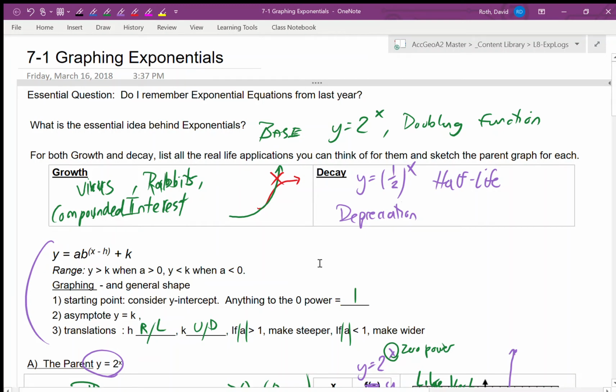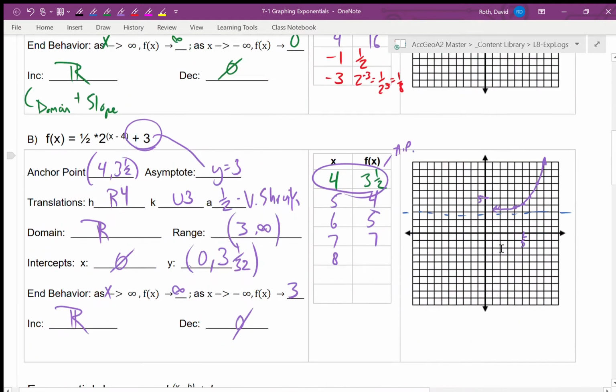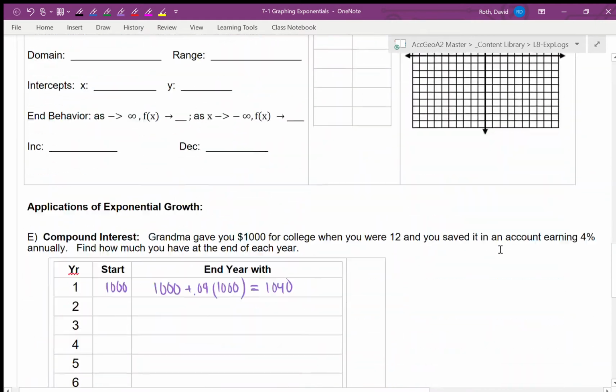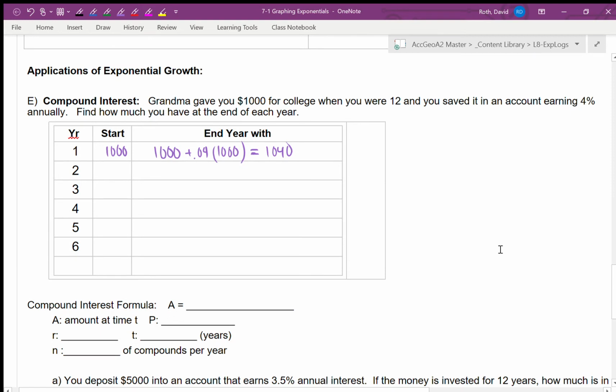Okay, part two of 7-1 graphing exponentials, and we're going to scroll all the way down here and do the applications. And I'm going to back up, oh wait, I already filled that in. Okay, fine, we'll start from here. Hopefully you can see that